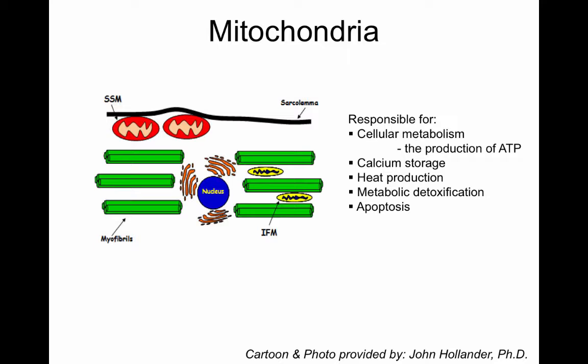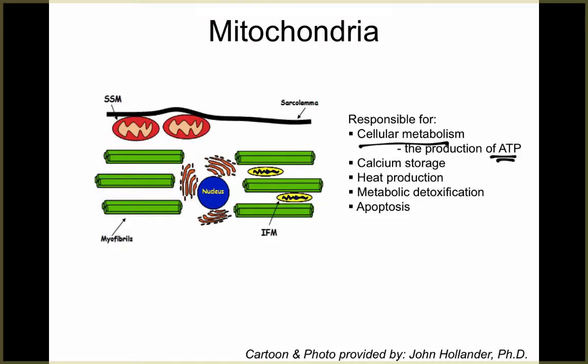But essentially, mitochondria are really cool. They're important in a lot of things. Yes, they're important in cellular metabolism, making ATP. But they're way more than that. They're important for storing calcium, and calcium is important in muscle contractions and nerve impulses, the release of essentially neurotransmitters. They're important in making heat, so they help to warm your body if things are too cold. They help to detoxify the areas around, and they're really important in what is called cell apoptosis, which is programmed